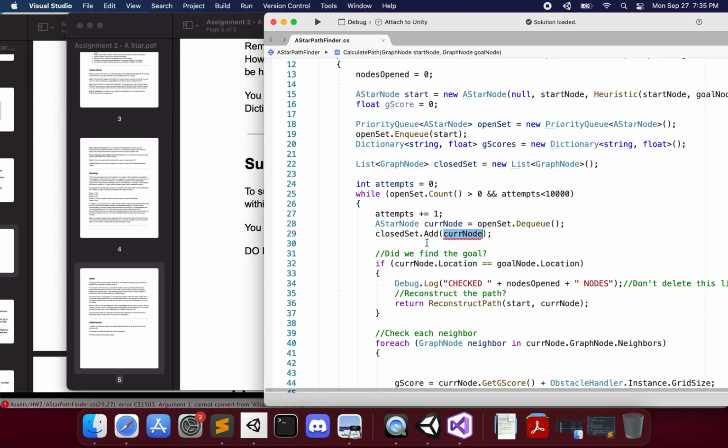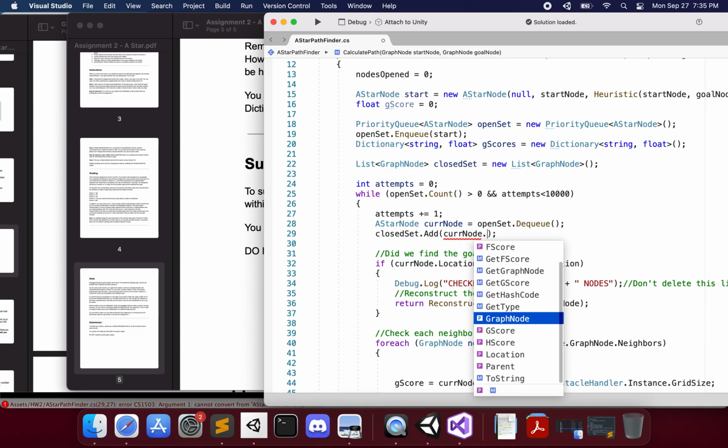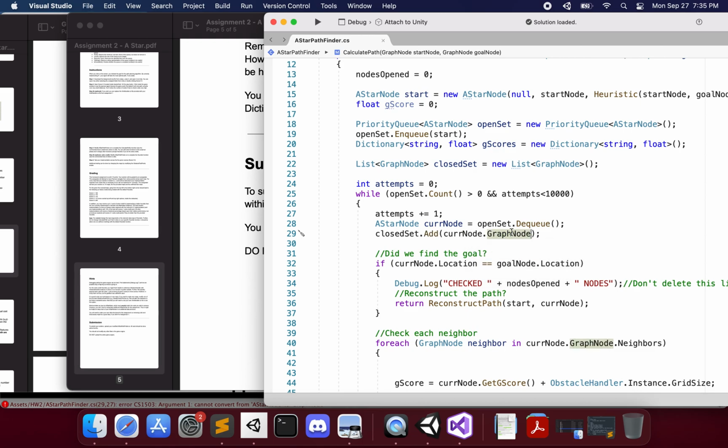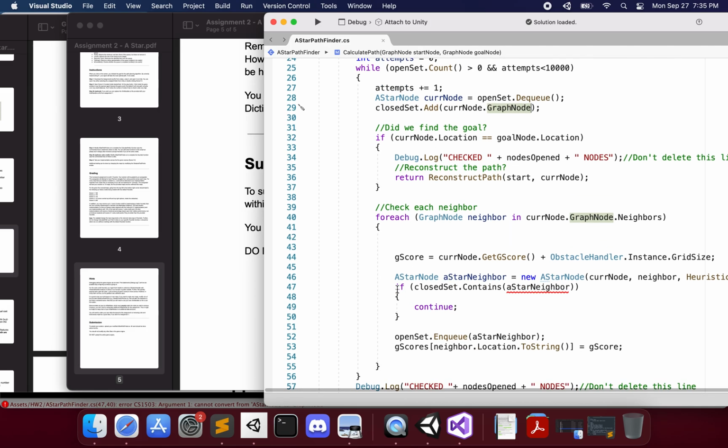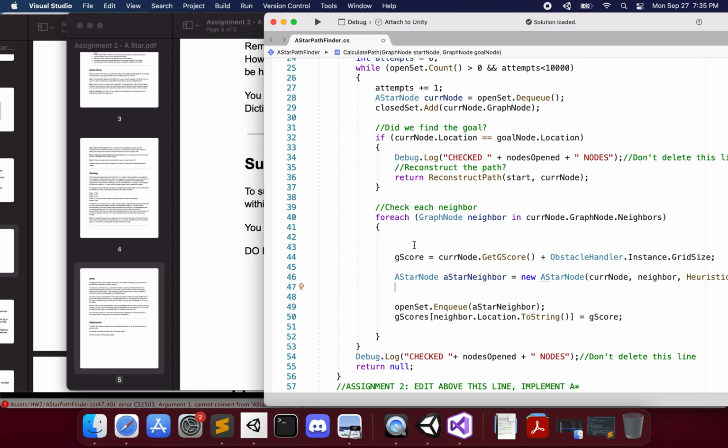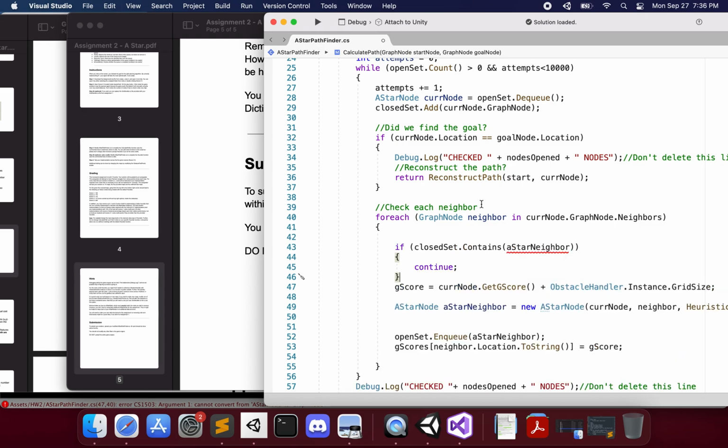Now, this is going to yell at us because the types don't match up, right? But that's pretty easy. We can just grab the graph node from cur node and add it to the closed set. Then, now this is going to yell at us. We can go ahead and do this up here. Okay, so now if we go back to Unity,